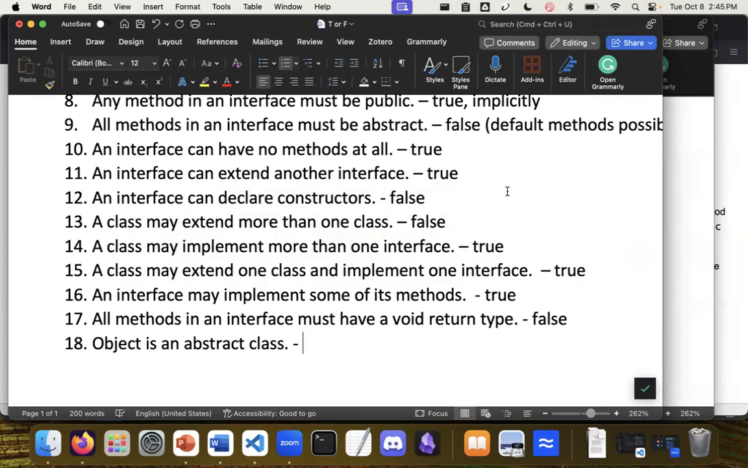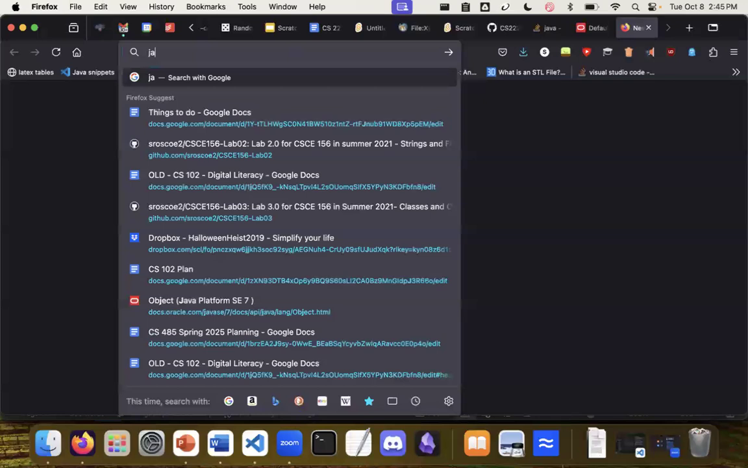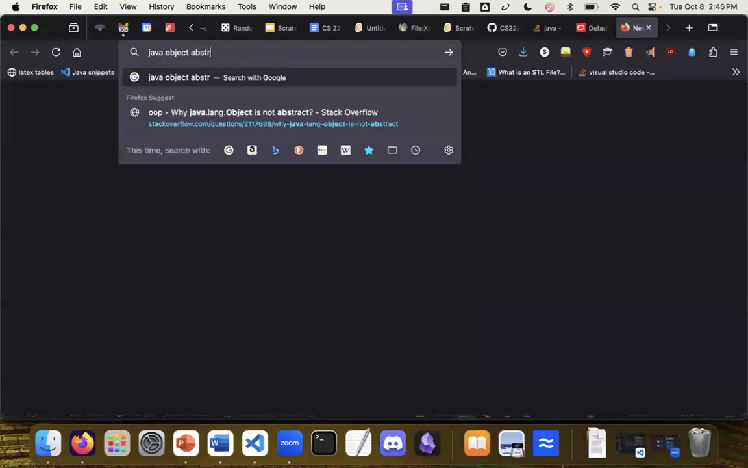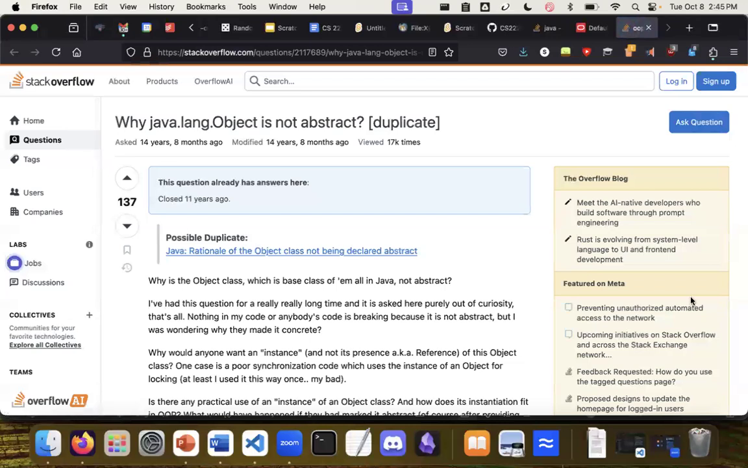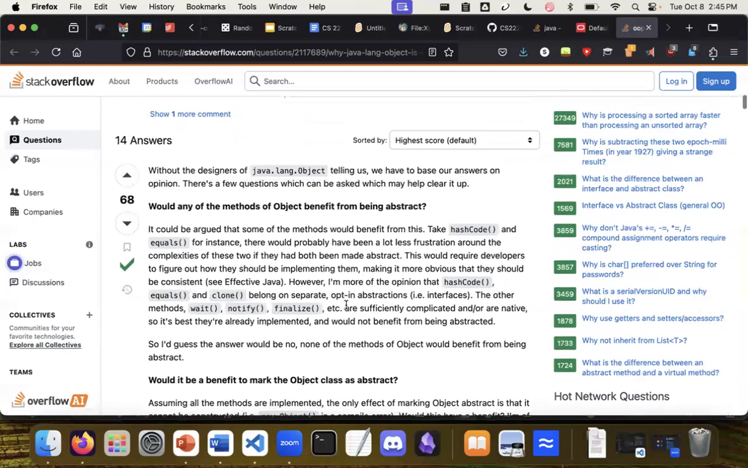Okay, and then number 18 is truly kind of a trick question because we never went over this at all. Do we think Object is an abstract class? Who votes for true? Object is an abstract class. Who votes for false? Okay. I like how this question has an answer here, closed 11 years ago. So there's a Stack Overflow link which has